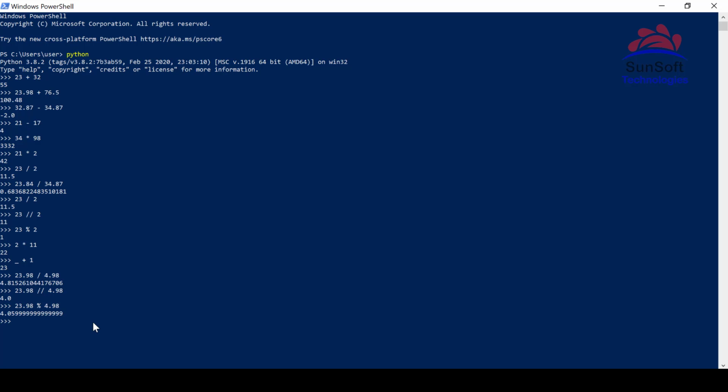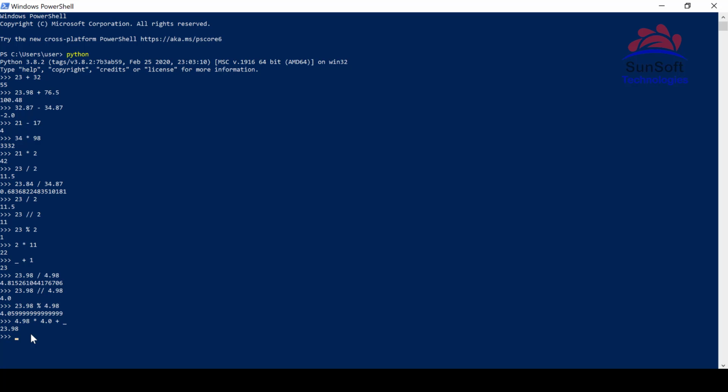So now what I want to do is multiply 4.98, the quotient, with the divisor 4.0, and then I want to add the remainder to it. The remainder I have as the underscore. I don't want to type all of that. I'll just use the underscore because that is the last result that the REPL gave me. And see, I got 23.98, the very starting number. Okay, so this is how these operators work.